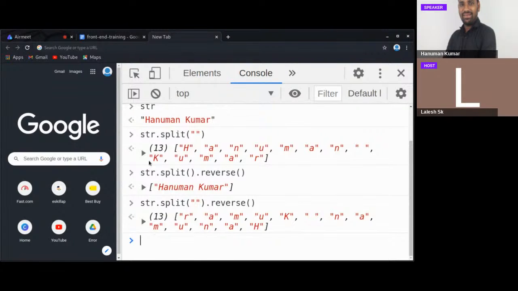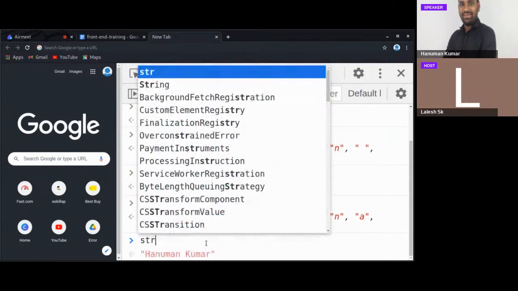So we know what happened in the split method when we use empty as the parameter in the split function. We are reversing all the characters in it. Now all the characters get reversed, and we need to display the information like a string. That is the reason I used the join function, str dot